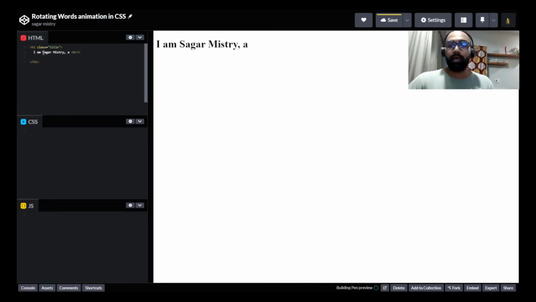And I will just say that I am a professional. After that we will have a div tag. In the div tag we will add the words we want to rotate. In that we will add three span tags. You know how to create a span. So we just put a span tag, and I will write I am Sagar Mistry,